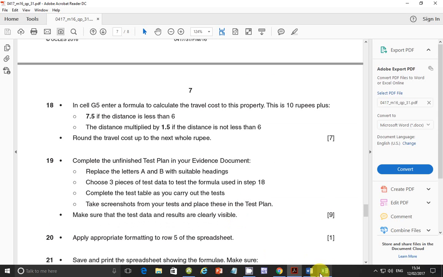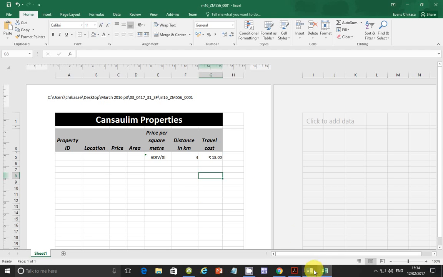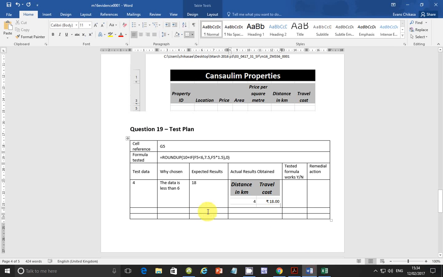we need to test. So we have to choose 3 pieces of data to test the formula in step 18. So the other piece of data that we need to test, like I said, is a number that is equal to 6. So let's suppose we have 6. What happens if it is 6? Then this is value equal to 6. Okay,